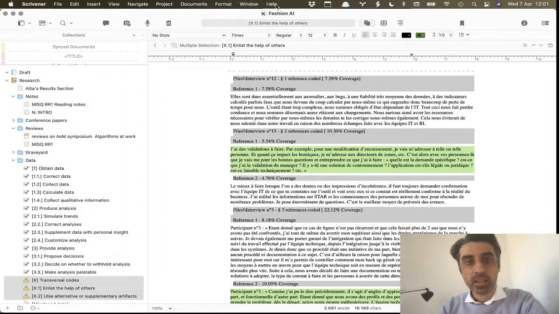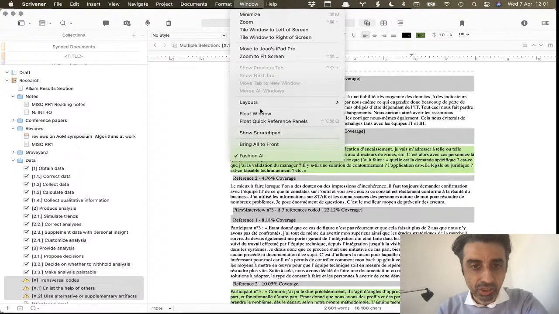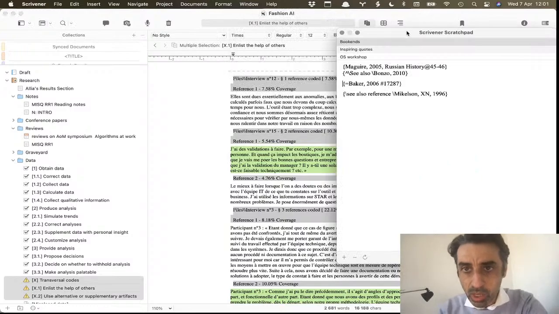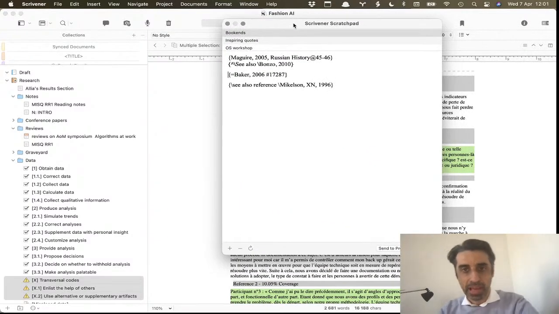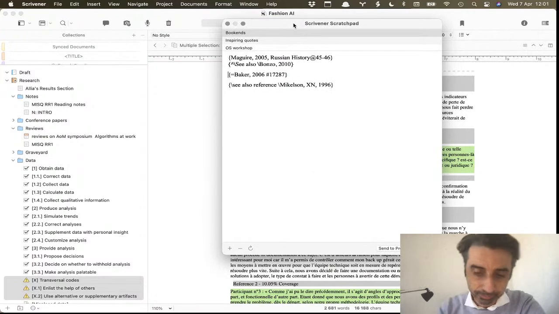Anyway, so first feature that I want to tell you about is the Scratchpad, which you find by going to the window menu and clicking on Show Scratchpad, okay? So what is the Scratchpad and how do I use it? Okay, so the Scratchpad is an application level notepad, okay? So it's basically a notepad where you can write stuff that